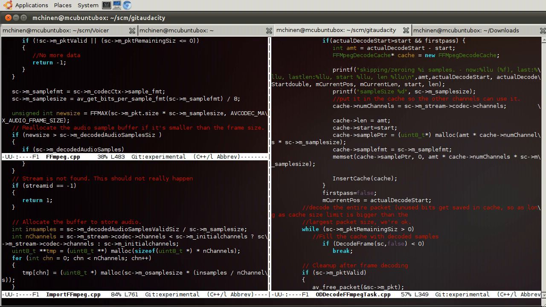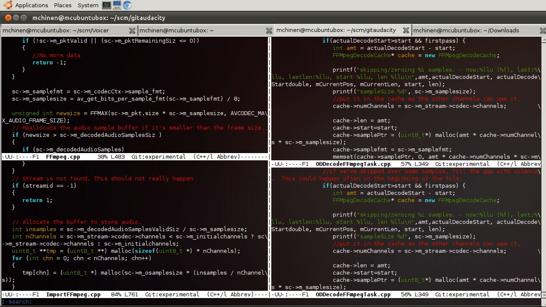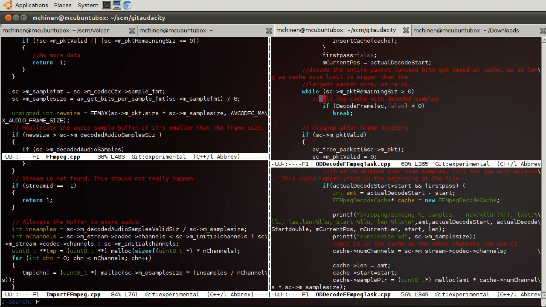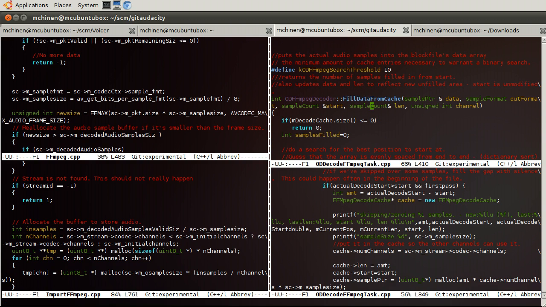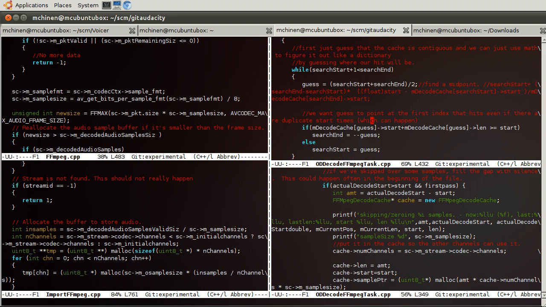This is definitely not good. What I'm talking about, let me split this up. If we go down to fill data, where these caches get used later on,